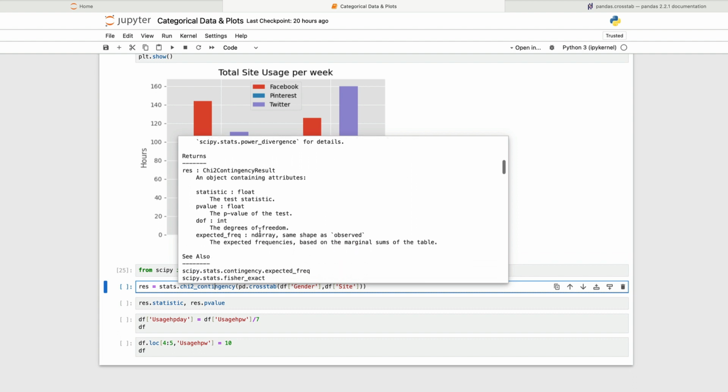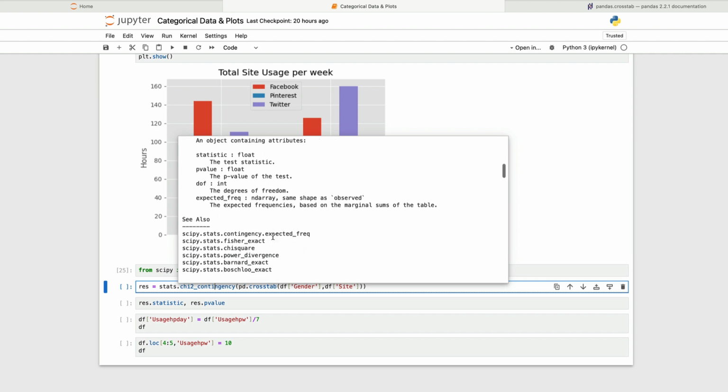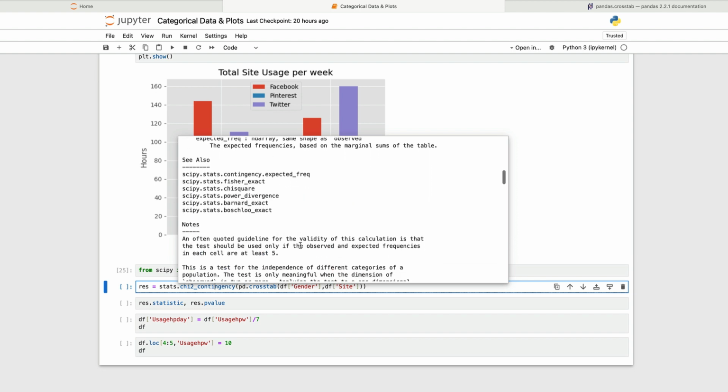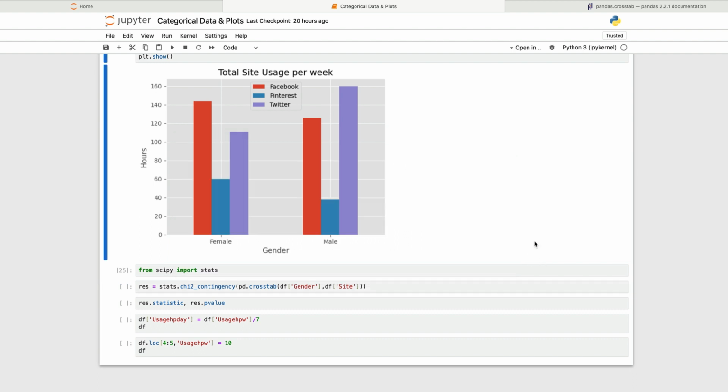What does it return? It returns the chi-square statistic, the test statistic, the corresponding p-value, the degrees of freedom, and the expected frequencies. If you know how this test works and how it's conducted, then you'll recognize what that information is. But you don't really need to understand the underlying statistics too much here to run it. All you need to know is that the null hypothesis is that there is no association. If the p-value of the test statistic is less than, say, 0.05, that's what we call a 5%